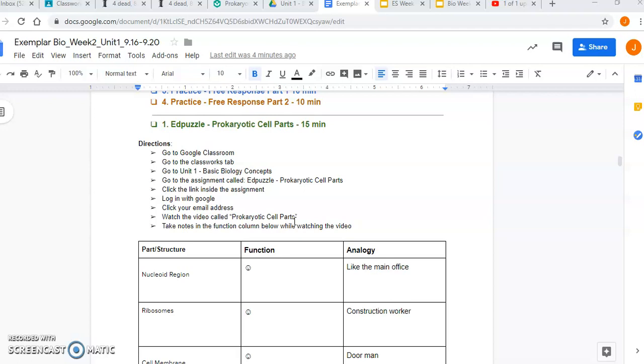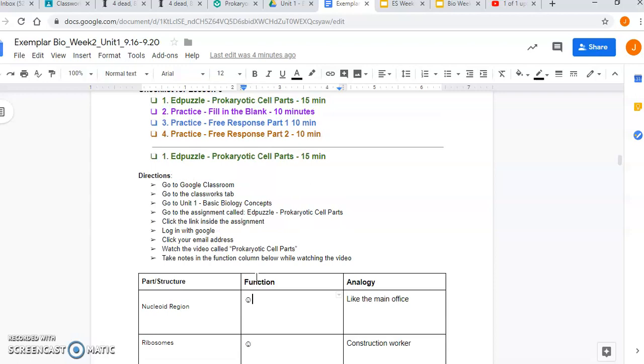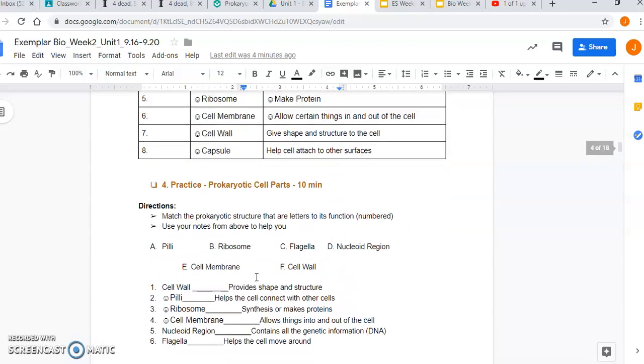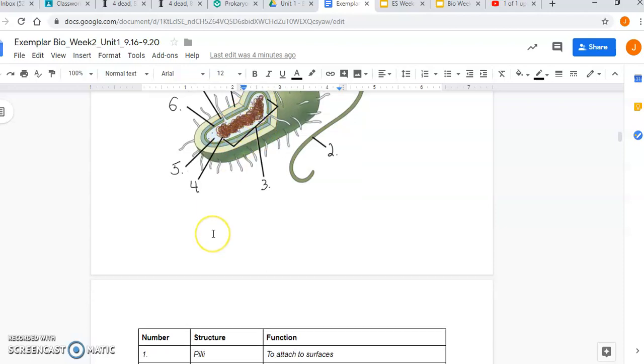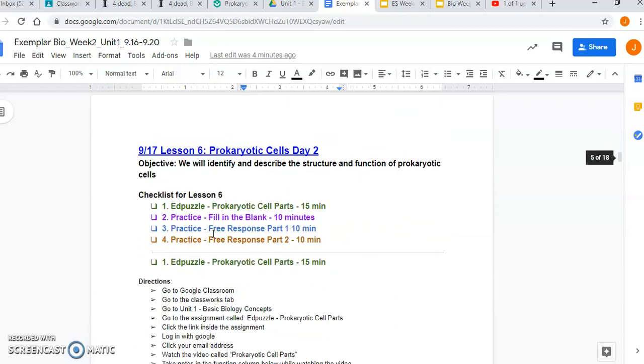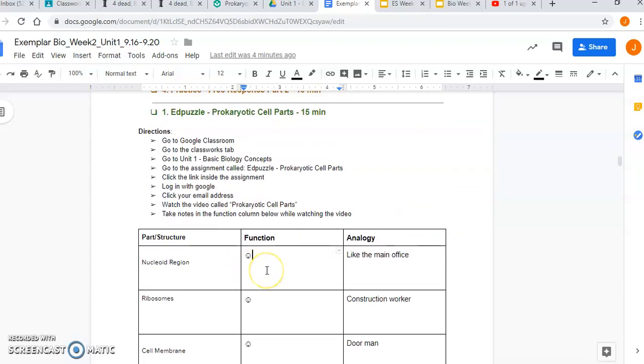You can make your screen split screen so that you have the video on one side of your screen and then you have your Google document on the other side of the screen. Okay, first part that we're going to go over is the nucleoid region. This is the part that you labeled. That was number 3. This was your nucleoid region. All this does is that it contains